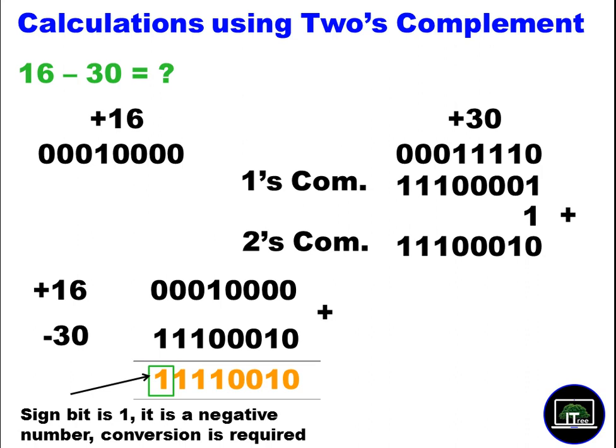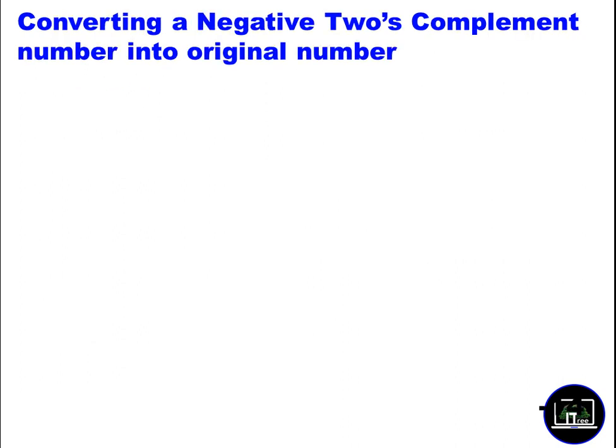So how can we convert a negative 2's complement number into the original format? Now this is in the 2's complement format, and this is a negative number. We should know how to convert a 2's complement negative number into the general format. We did that with the 1's complement: 1's complement is simply inverted. But here we came into 2's complement with 2 steps. So how can we get back to the original number? We have two different methods.